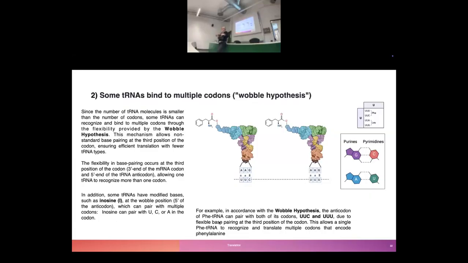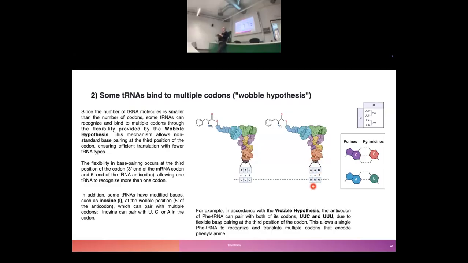And the Wobble hypothesis is that the matching will be okay with the first two nucleotides of the codon. So here they are complementary. With this anticodon, it is complementary also with the third one,